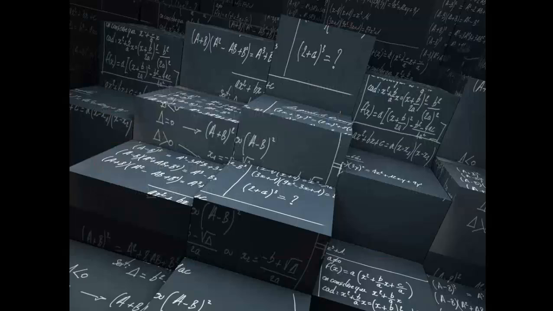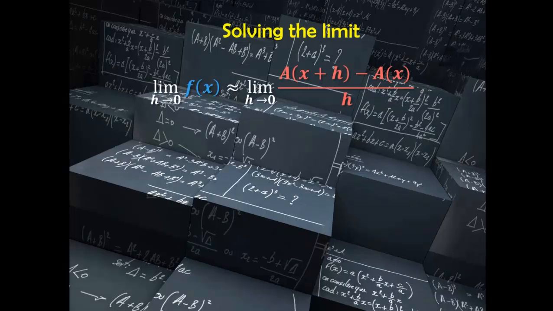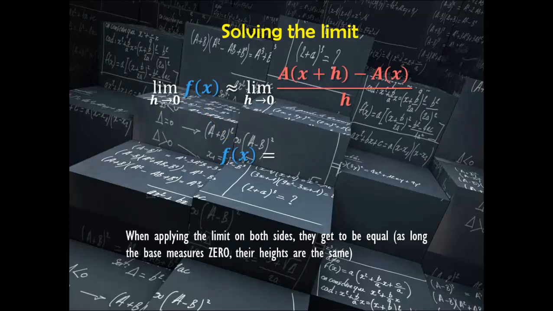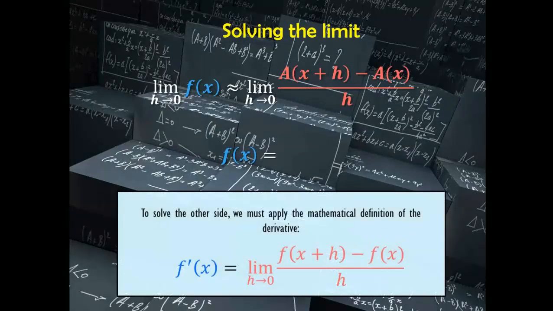We apply the limit when h approaches 0, of course on both sides of the expression, in order to maintain the equality. Now we solve the limits. On the left side, the limit when h approaches 0 of f of x, having nothing in terms of h, stays the same. We put the equality sign because, as we've seen before, when the base h measures 0, the height of the rectangle and the height of the area under the curve are not approximately equal but just equal. To solve the right side, we must apply the definition of derivative,